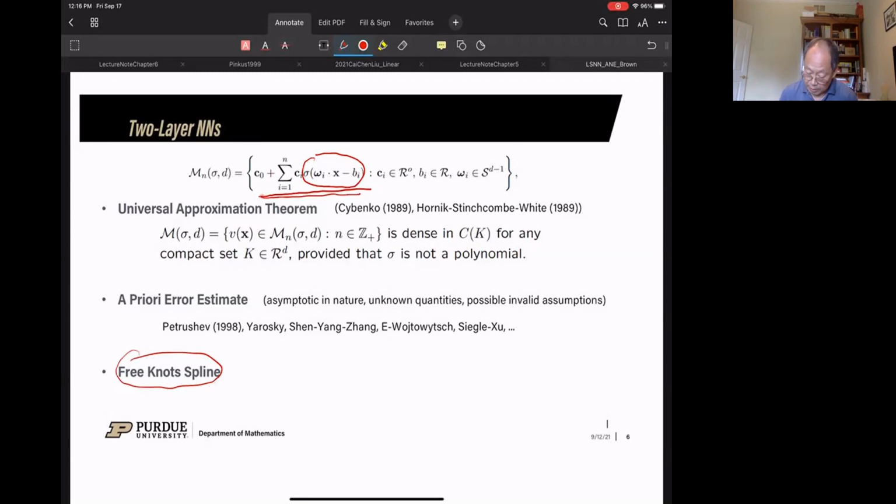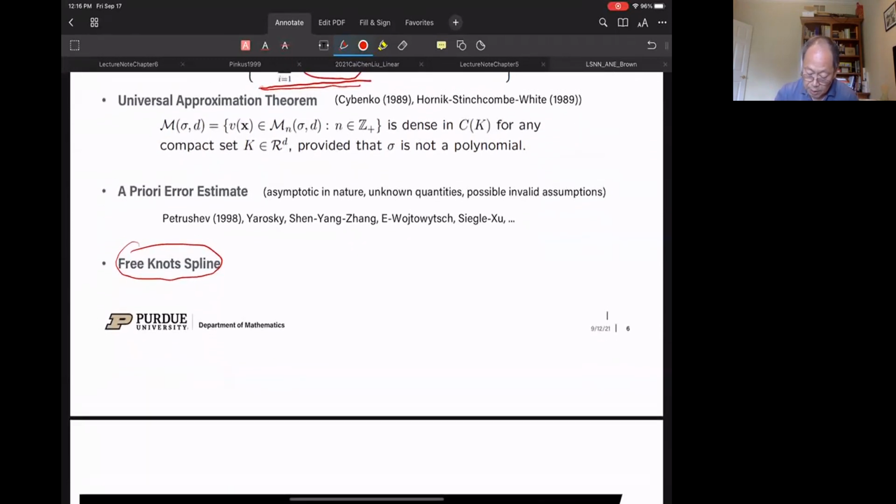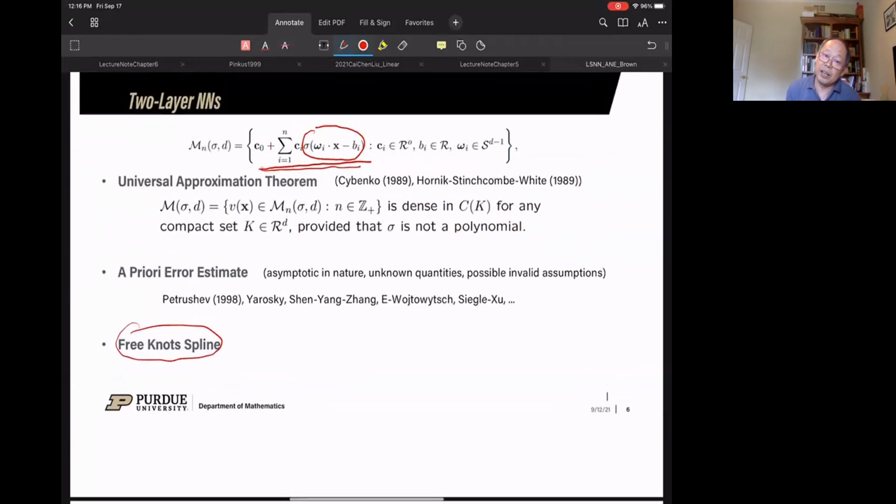Okay, so now let's look at the PDE. Because this neural net is not a linear space, we cannot do the discretization in the traditional way, which means we cannot write down the same number of equations with the same number of unknowns, because the dimension has no meaning here. So instead, we have to rewrite our problem in terms of minimization problems.